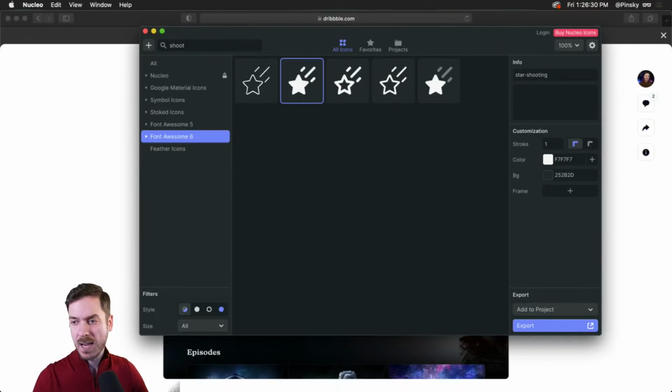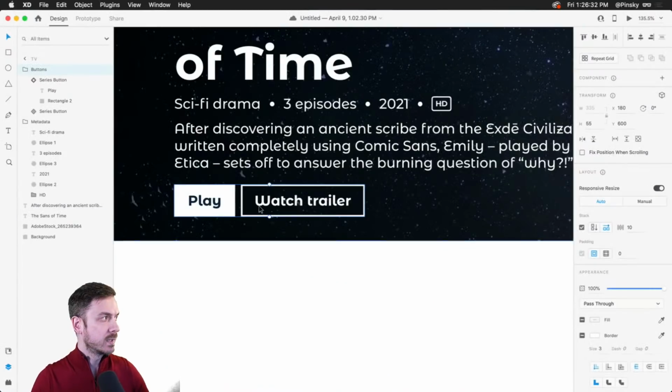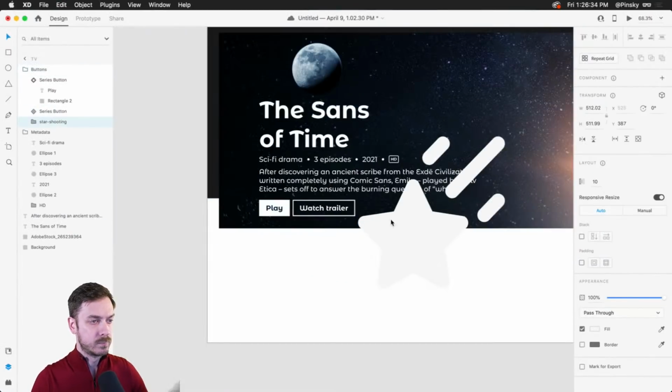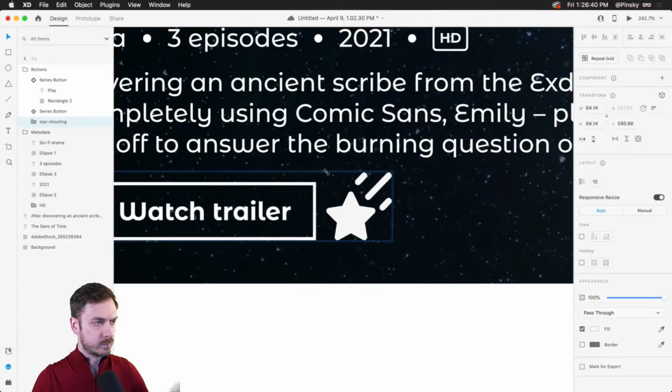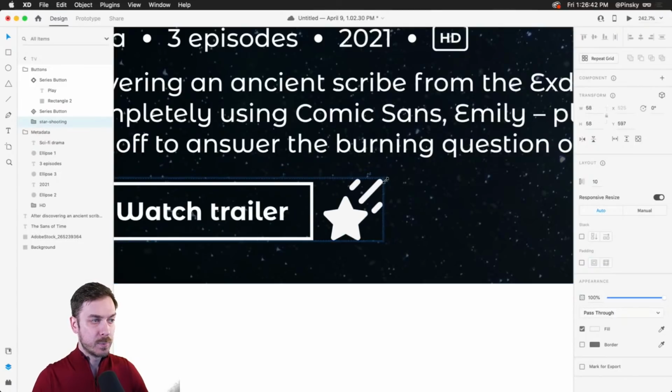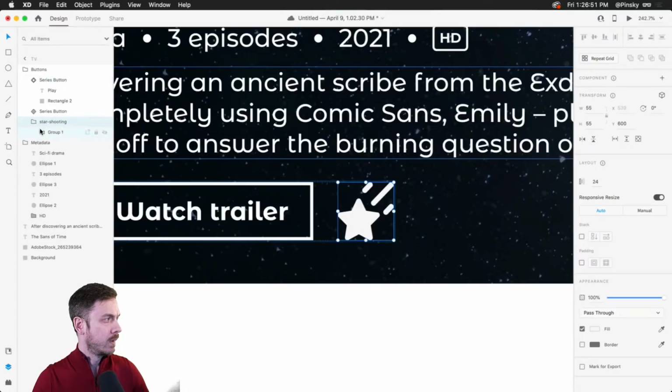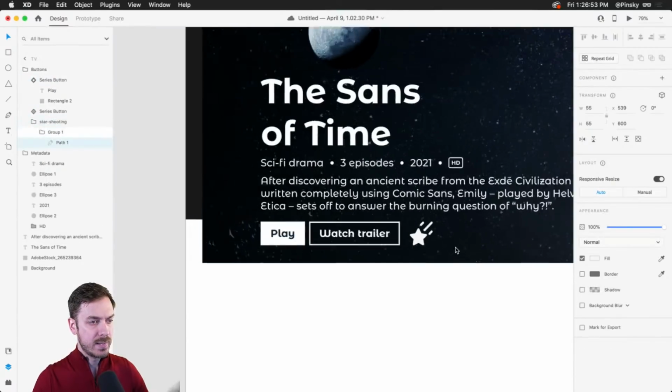So I'm going to grab that actually and pop that directly in this group of buttons. And we can almost use this as like a favorites icon, right? So instead of your typical star or heart, we can use this kind of fun shooting star. There we go. And we've got our path in there, and that looks kind of fun, right?